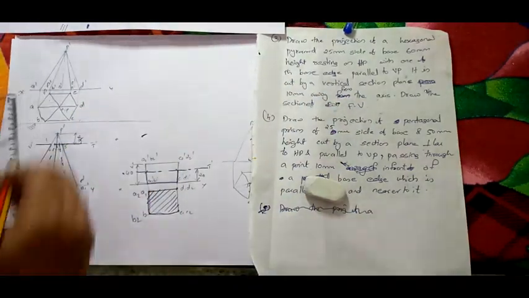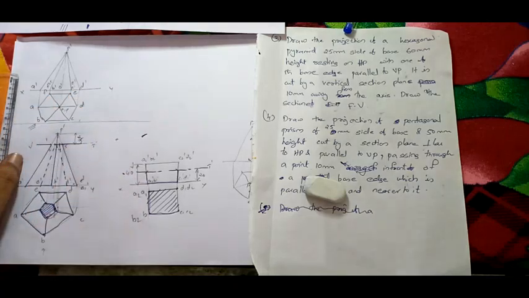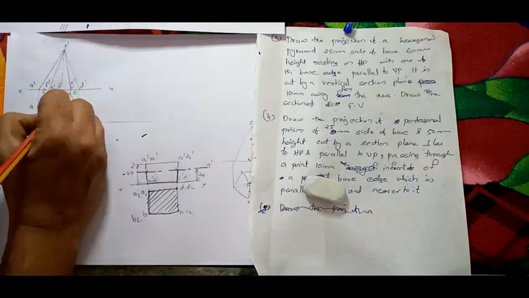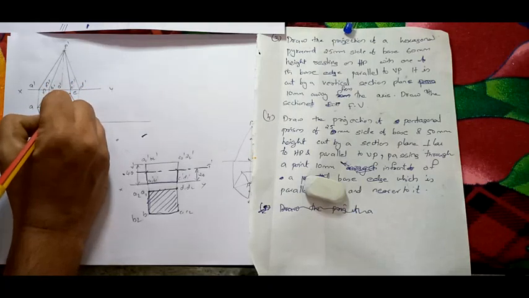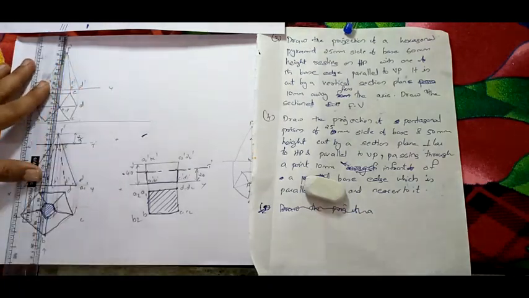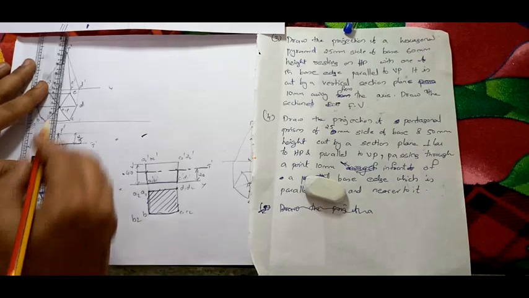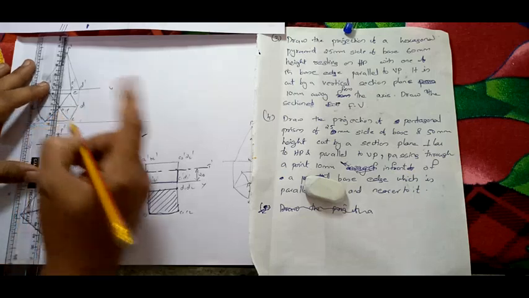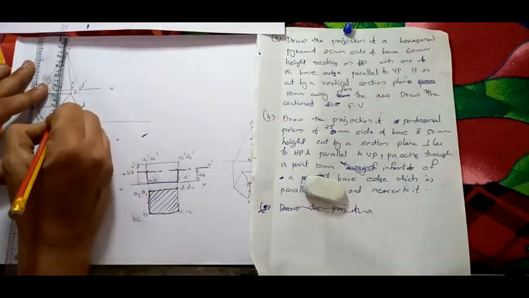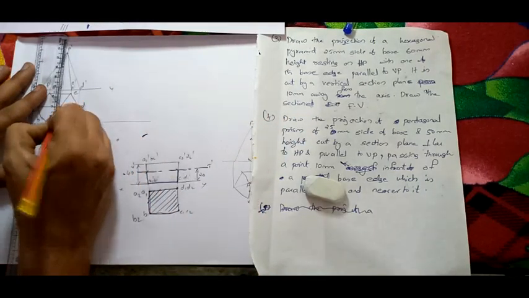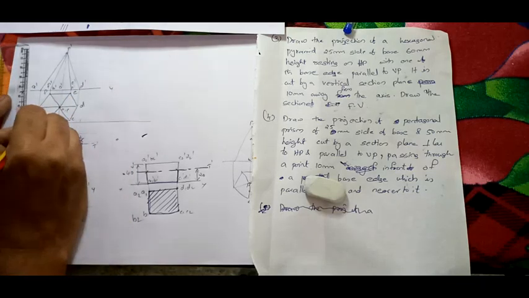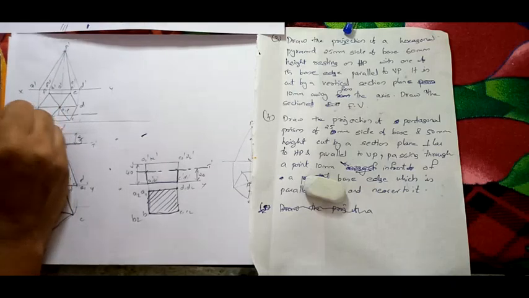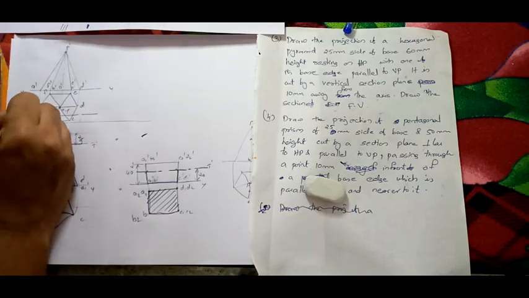Now this is your axis in the top view. From the axis, you already know this line, right? This is a perpendicular line. On that perpendicular line I will extend and take 10 mm. From here I take 10 mm and draw a line like this. So we have drawn a line parallel to the XY line which is 10 mm from the axis.